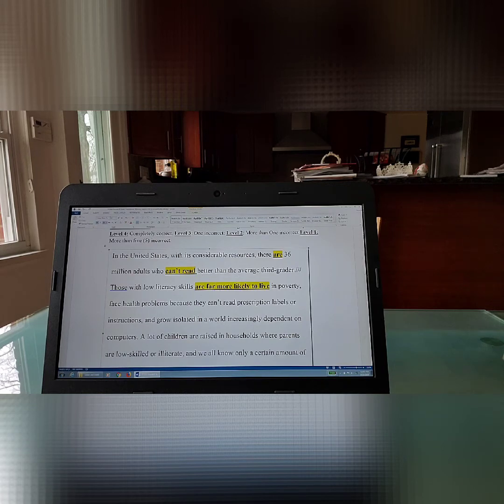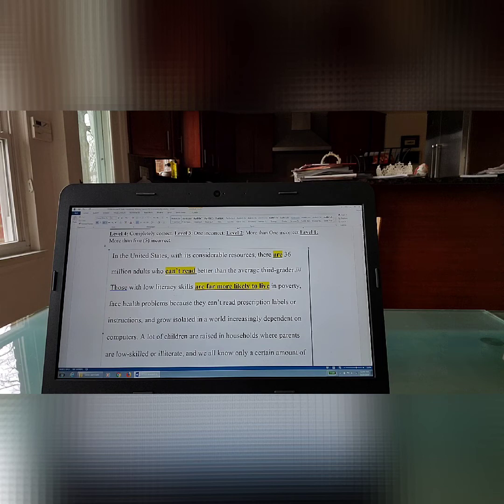And again, at this point, this is an action verb. And again, it's talking about the living conditions of a certain situation. So are far more likely to live in poverty with,